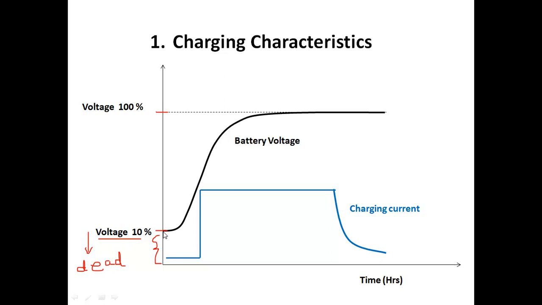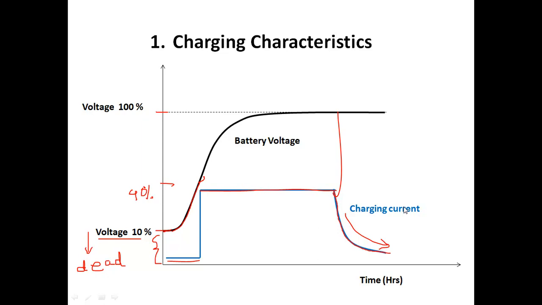So we start with the 10% mark. Now we are charging the battery. Therefore the charging current is very small for this section. This is the linear variation. Once the voltage starts to increase above, say, about 40% mark, the charging current increases and becomes constant up to a point where the voltage graph first hits the 100% mark. After that, the charging current required to maintain the battery voltage to 100% is very small. It goes to approximately 0.